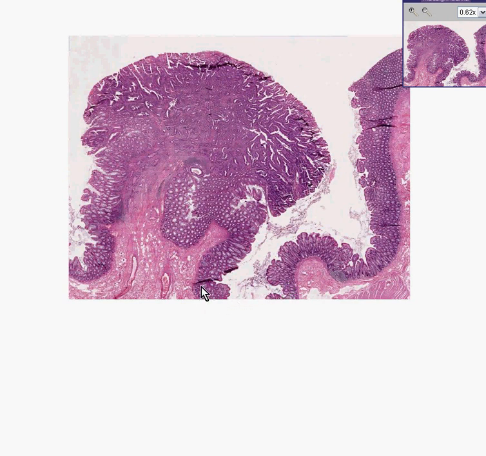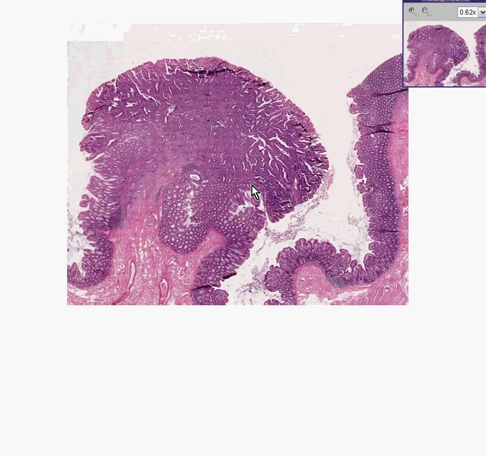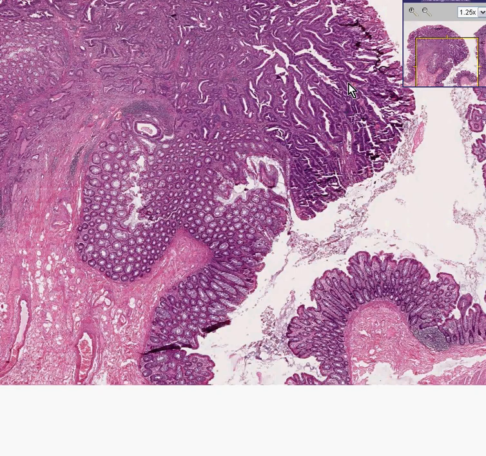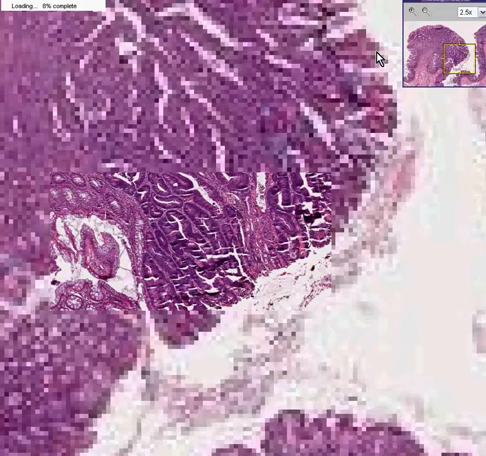Notice we still have normal mucosa here, but in this area, the mucosa, as well as in the mucosa here, appears to be overlying a projection of submucosa, which is overgrown by polyp. This is a polyp. And because the glands of this polyp